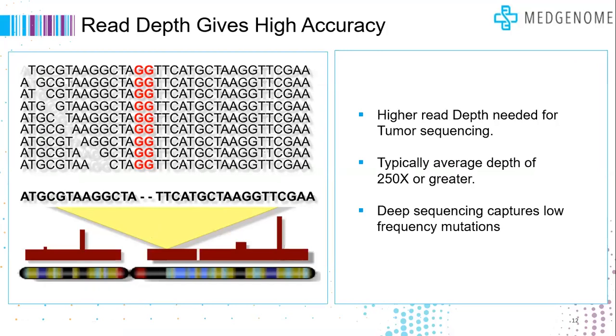So when I sequence a sample at 1000x depth, and if the tumor content is around 20%, at least 200 fragments will show the mutation, which would be lost when you do Sanger sequencing. So the higher the depth, the more accurate our result. That is the reason we go for a higher depth of sequencing in the somatic setting. I hope this is clear to everybody.